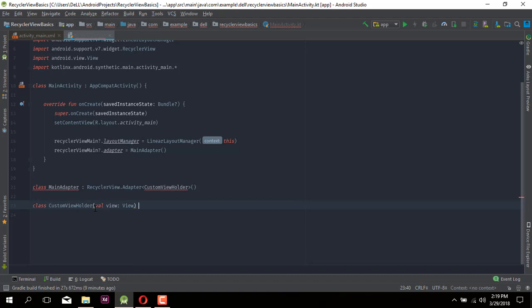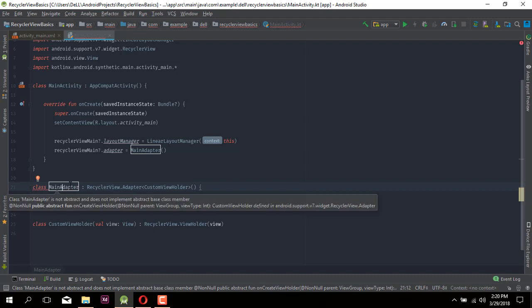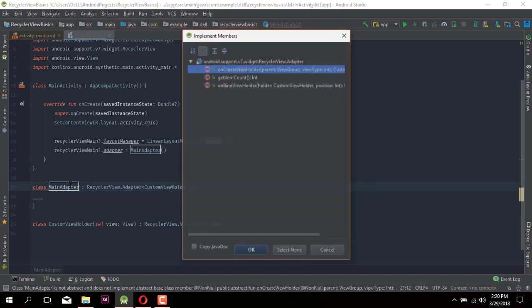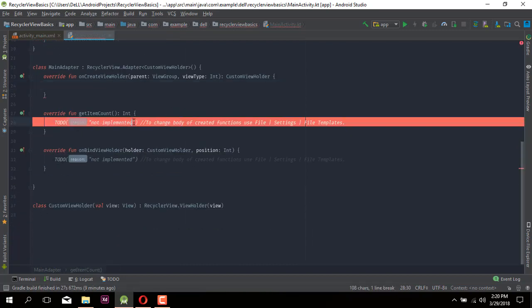All right. Now custom view holder is going to extend from RecyclerView dot view holder, and we need to pass in the argument, which is going to be of type view, which is right here. There we go. That's it for our custom view holder class. Now open up parentheses at the main adapter, and we need to implement members. That's why it's giving us this error here. So Alt Enter on the class, implement members, hold Shift and arrow down to mark all 3 of those, and hit Enter. We're going to remove these to do